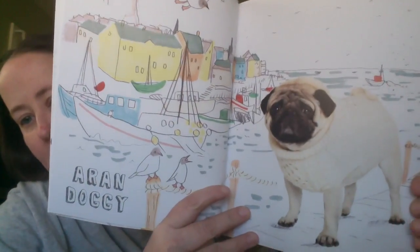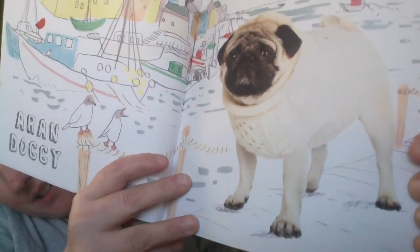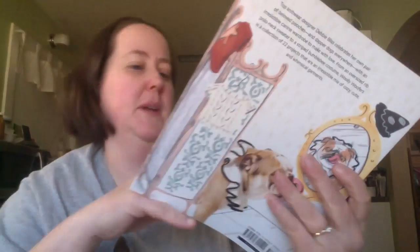Look at this little pug. Let me see if I can find a better picture. I don't know if you'll be able to see it, but it's an Aran sweater with the cables. You can't. The picture doesn't show it all that great. Let's see if you can see it better on this one. Yeah. So that'll be fun. I've knit my dog a Fair Isle sweater, so knitting it a hugely cabled sweater should not be that big